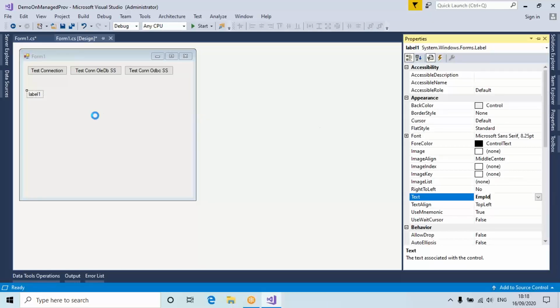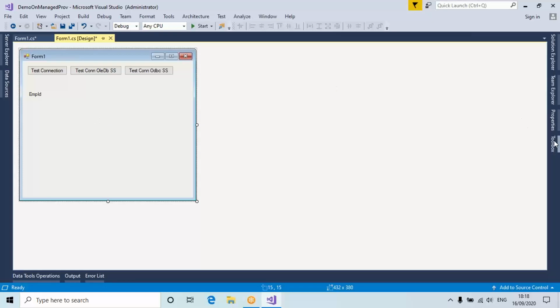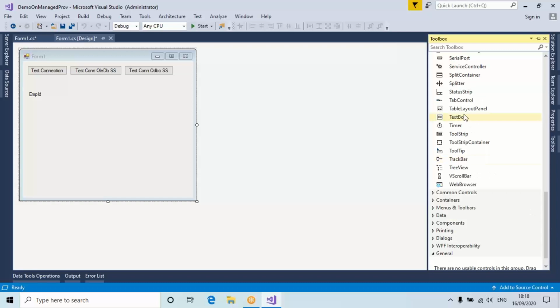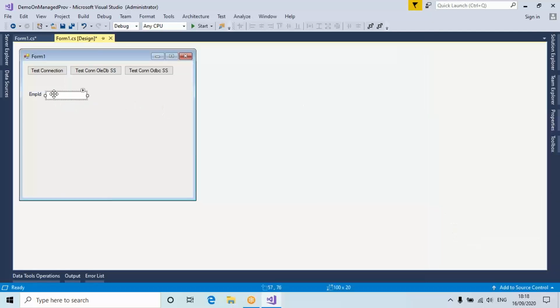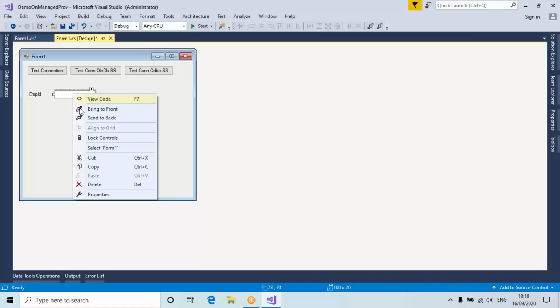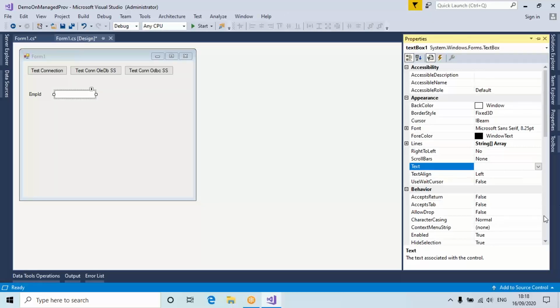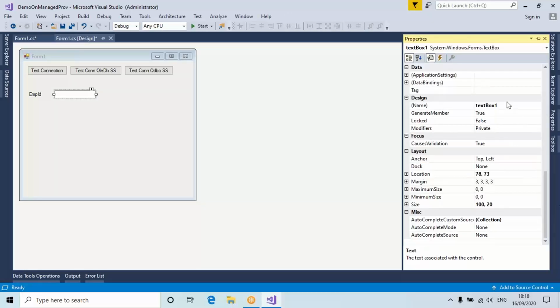ID. And beside this label, keep a text box. Right click, properties, name equal to txt